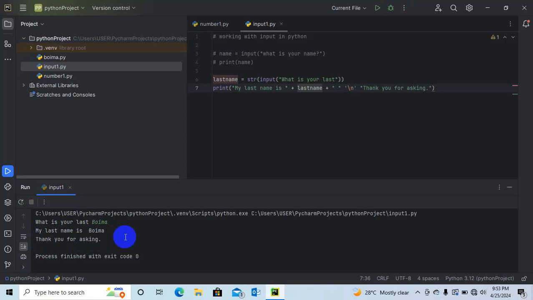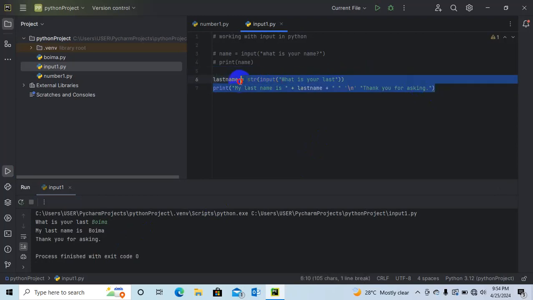Now I want us to do a small project where we collect data from our user. We're going to build a data app just by using the input command. So let's comment this out so that we do not get confused.